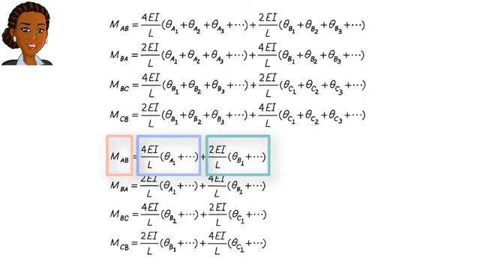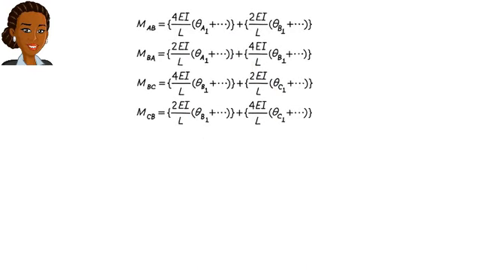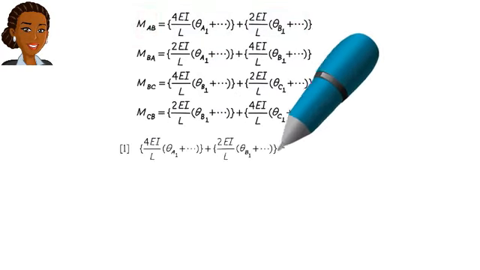I am going to enclose each of these bending moment terms in curly brackets like this. This helps us remember that a member-end moment can be viewed as the sum of two moments, a moment due to the rotation at the left end of the beam segment and a moment due to the rotation at the right end of the segment. Then, the joint equilibrium equations can be written as